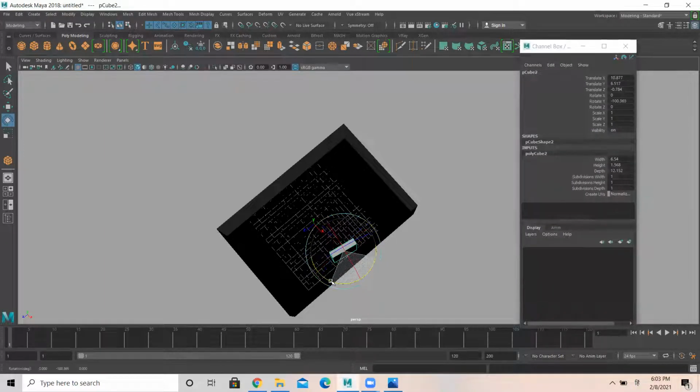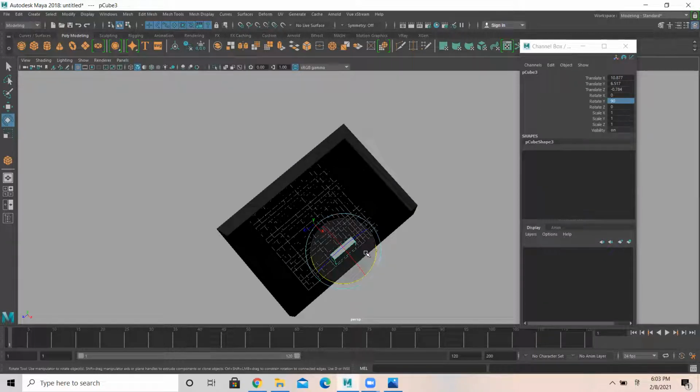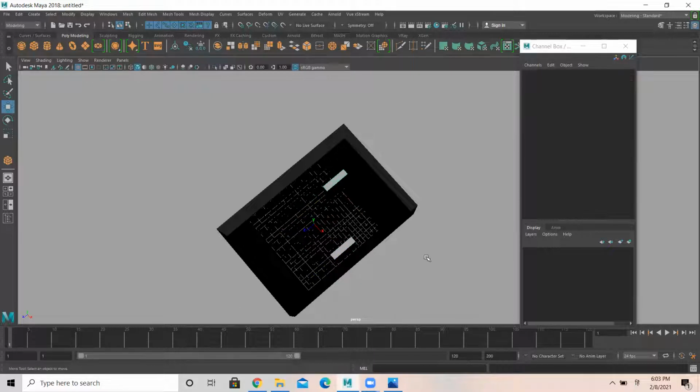I rotate this by 90 or minus 90. I duplicate this and I place this here.